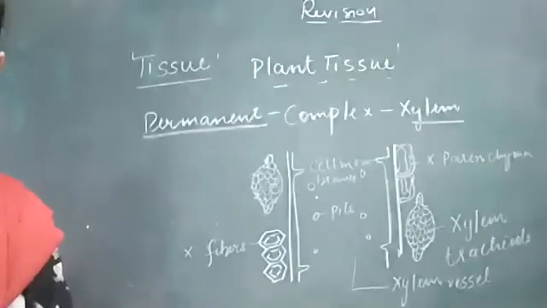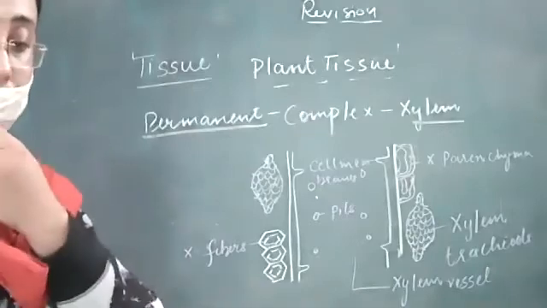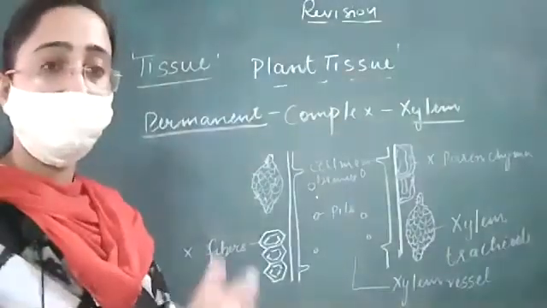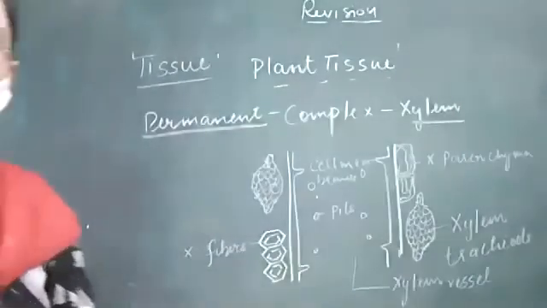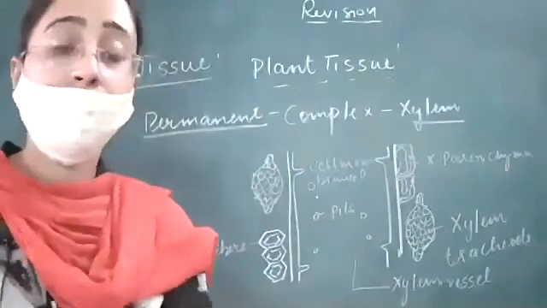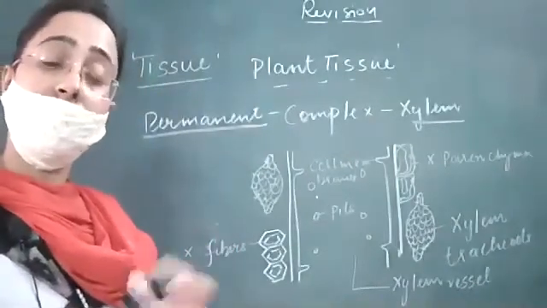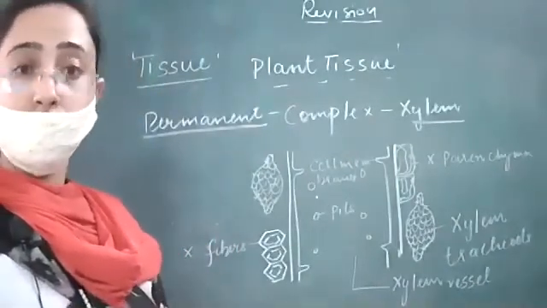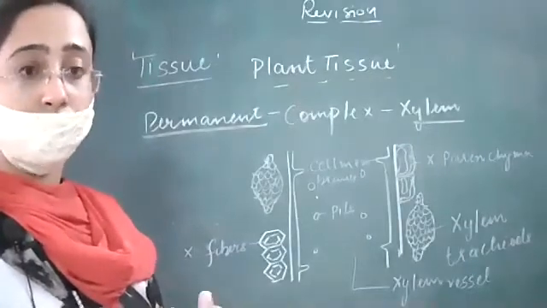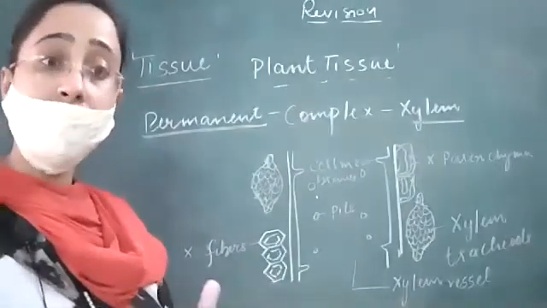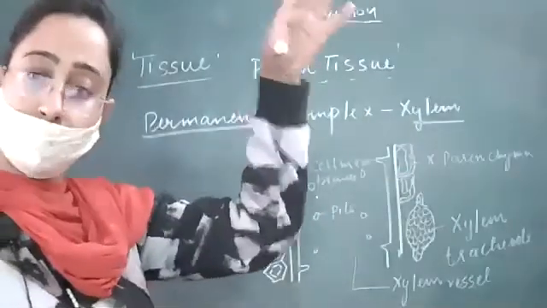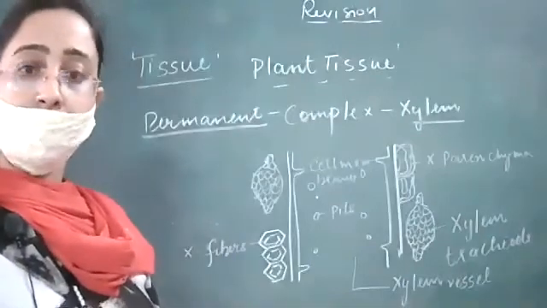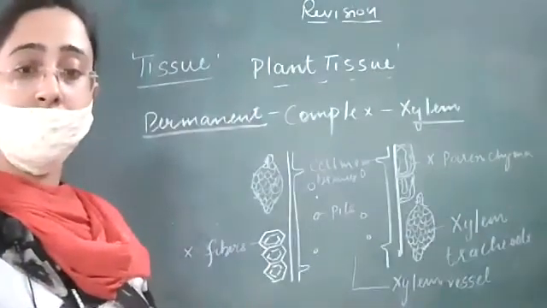And where is xylem present? Xylem is present in the vascular bundle, in the center of the vascular bundle of stem, root or leaf. Any center vascular bundle का part है, it is present in the center of stem, leaf or root. It is for the conduction of the water, and the conduction is unidirectional, means it goes from root to the upper part. Okay, bete? Now the next complex tissue is phloem.